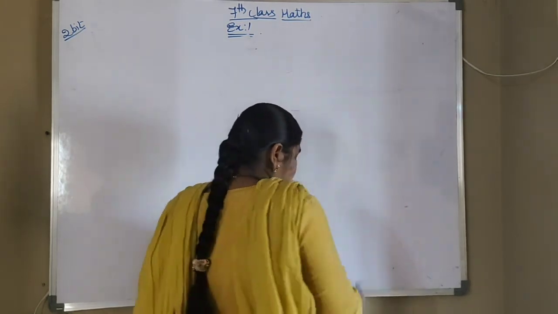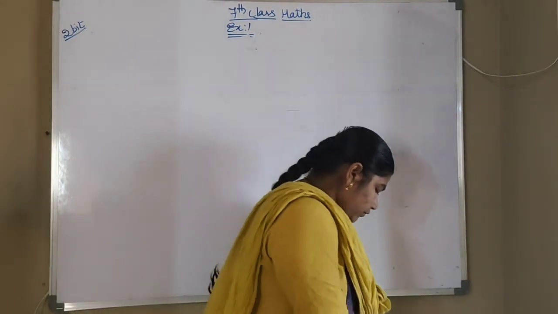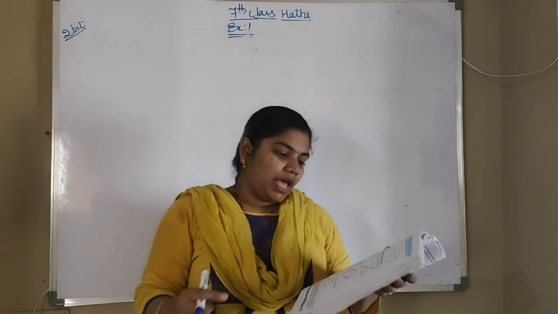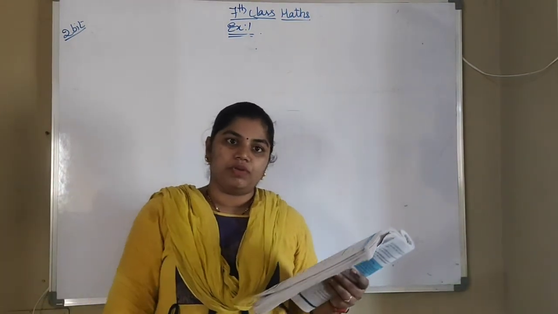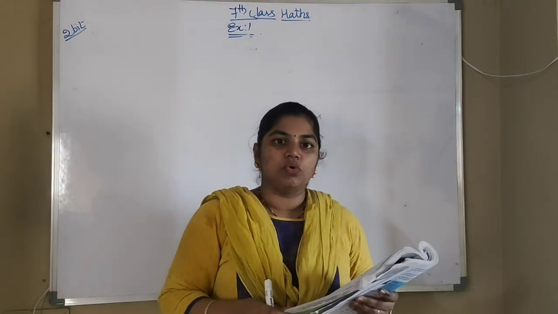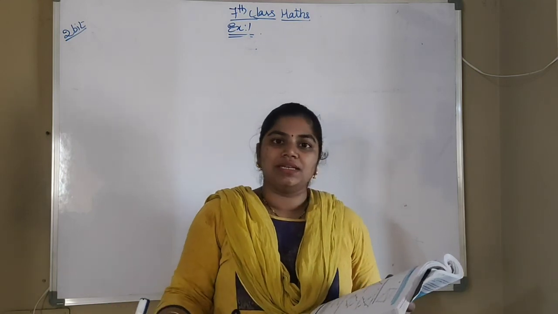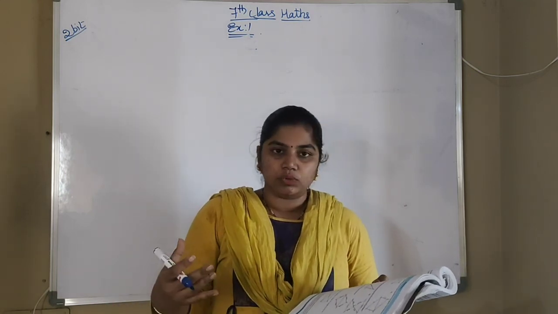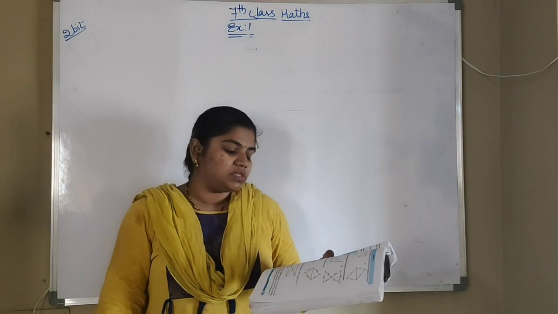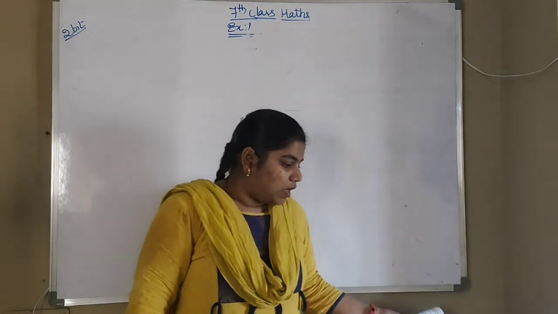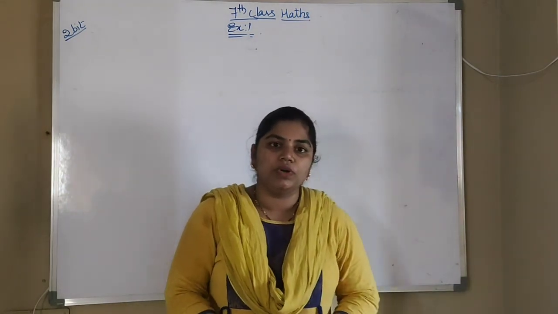So next one, you try this as homework. In adjacent figure, choose the correct answer. So they have given some options and also they have given one figure. So you try that one as homework. Tomorrow in next class again I will discuss this third and fourth one, and also we will discuss about side angle side congruency. Okay, you do this third one as homework. Thank you.